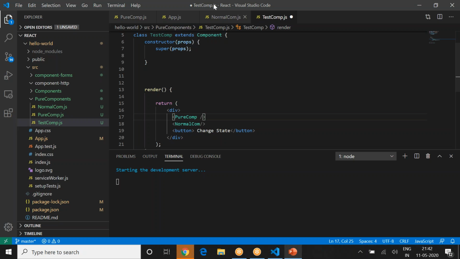Give me one sec. What we can do is we will actually click on the button and set those properties into these two components and make sure that the state changes continue on that particular side. So let's do it.